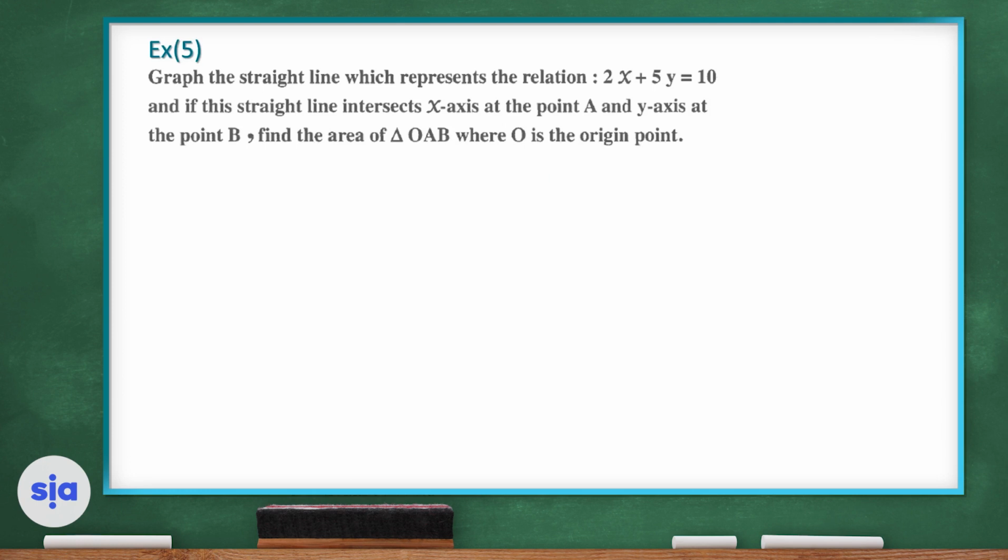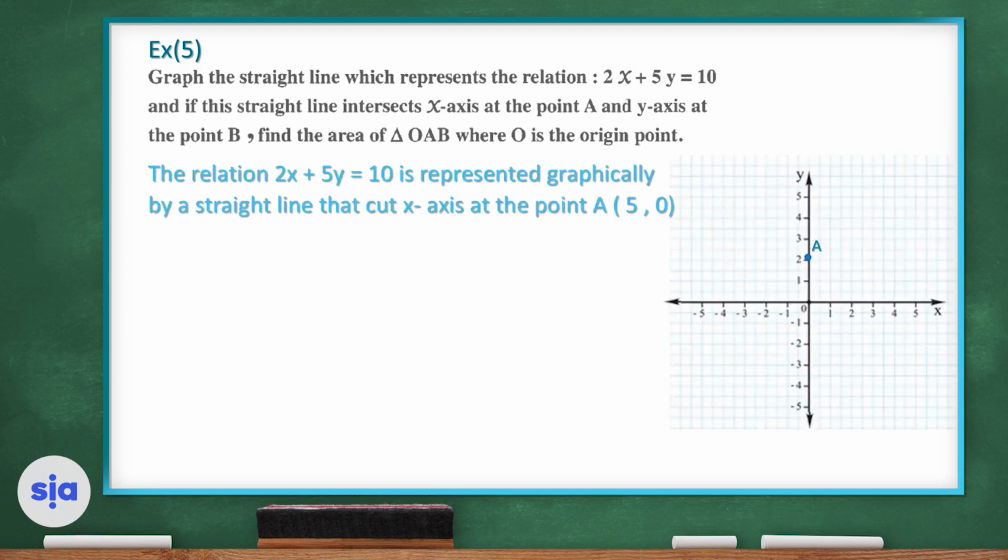Let's see this example, which is example 5. Graph the straight line which represents the relation 2x plus 5y equals 10, and if this straight line intersects the x-axis at the point A and the y-axis at the point B, find the area of triangle OAB where O is the origin point. As you can see here, the relation 2x plus 5y equals 10 can be represented graphically by a